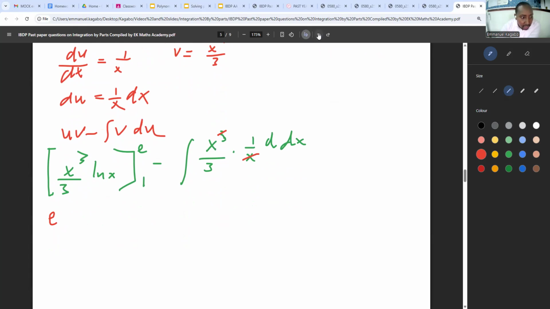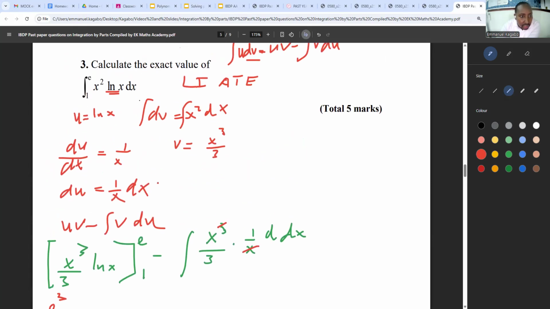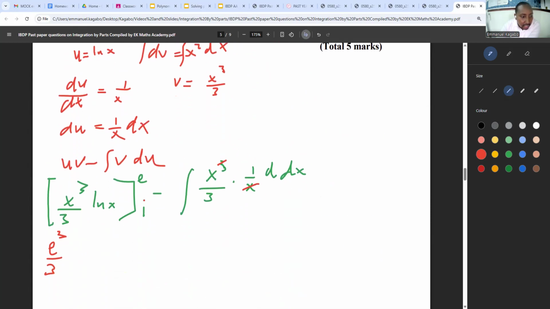write it very well for you. E power 3 over 3. Ln e is 1. Then, when I put there, this was 0, I guess. No, it was 1. Okay, so that means here I have to put there 1. Ln e is 1. So when I put there 1 here, it's going to be minus 1 over 3 because,